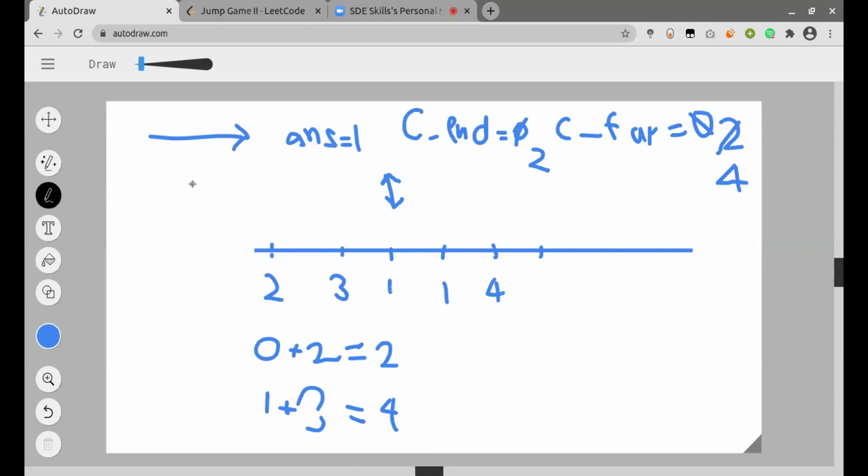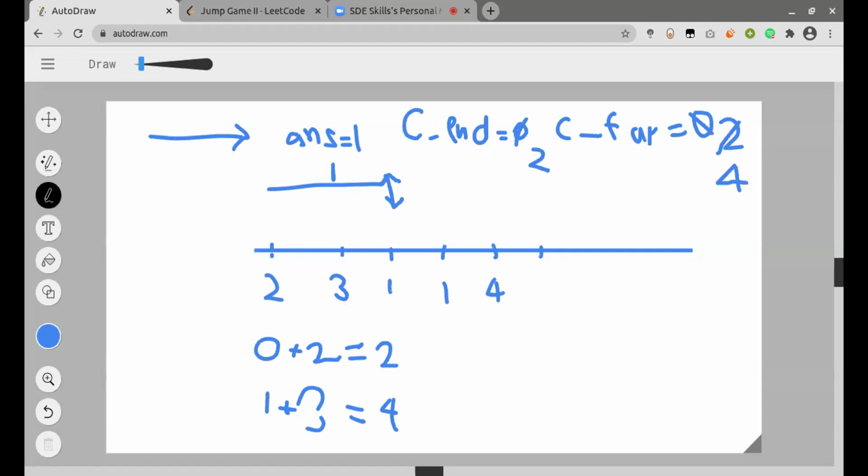Since all these points can be covered in only one jump, your answer should not increase at that moment. The answer will increase only when your pointer reaches the current farthest, right? You updated it before, shouldn't it be... You explore all the possibilities, and whatever numbers are coming here.